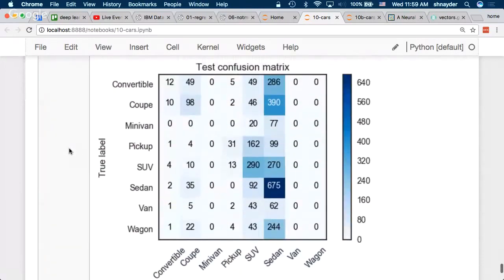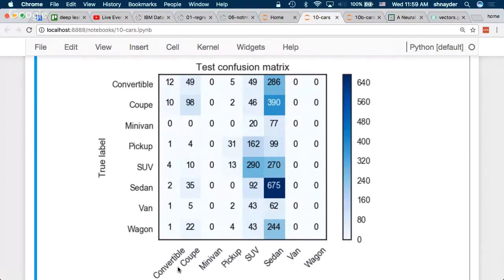So here's the true label, what it should be called, and here's what it actually gave it. Sedans, for example, are mostly right. SUVs are also like half of them right, and the other half are sedans.